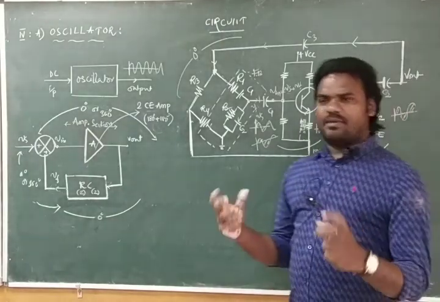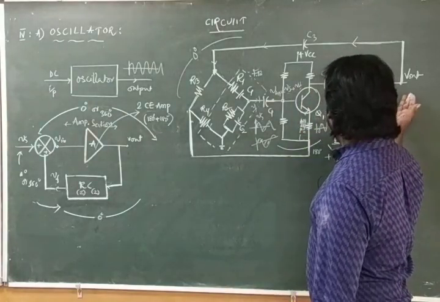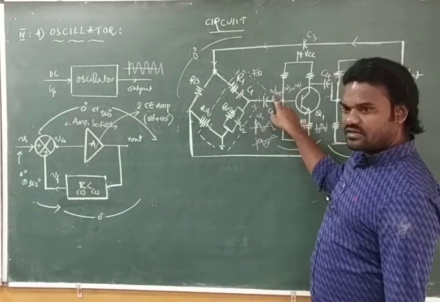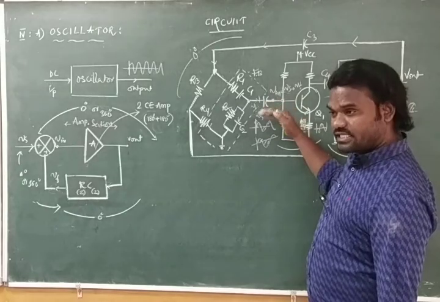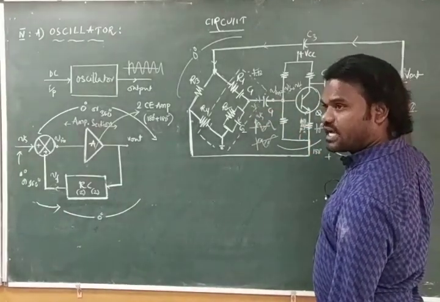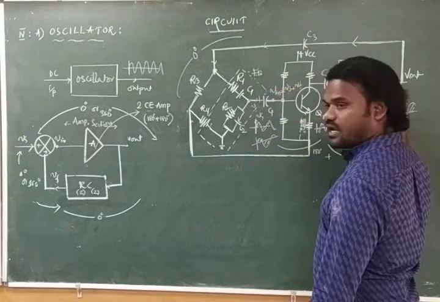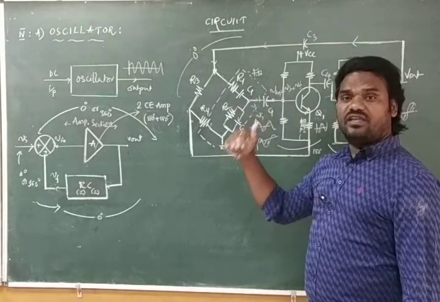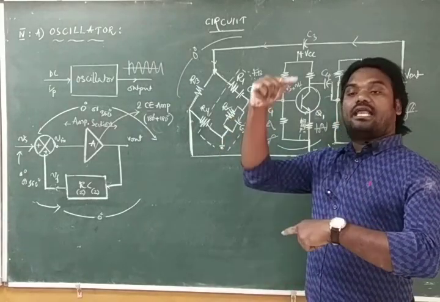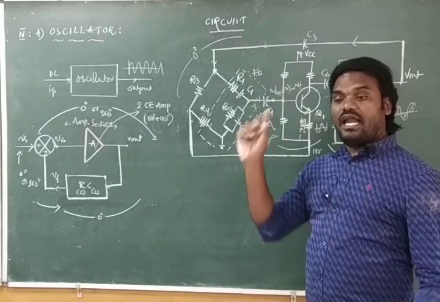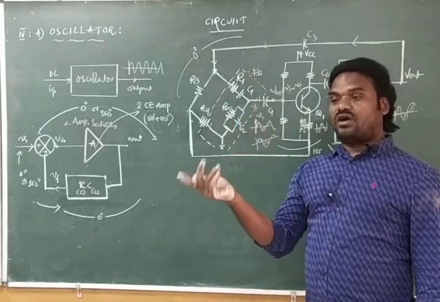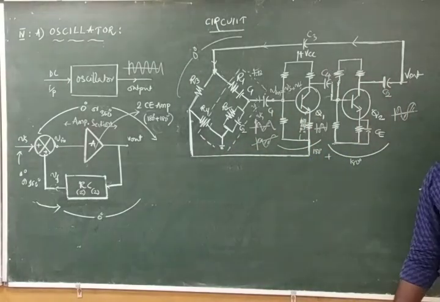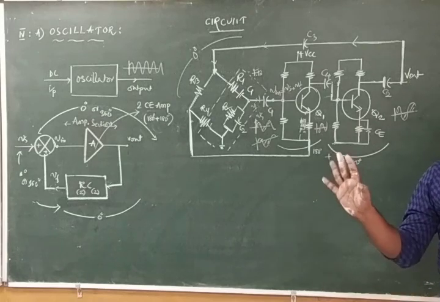Simple thing, the operation remains the same only. As the Vout increases, Vf increases. If Vs increases, what happens? Vf increases, Vin increases. Vin increases means again Vout increases. That means Vin keeps on increasing, so that Vout is also keeps on increasing, such that Vf increases. If Vout and Vin keep on increasing, obviously gain increases. The gain will be infinity at one particular point. At that point it makes the oscillation instead of amplification. From that point onwards, it is going to provide the sustained and stable oscillations. That is the operation you should explain.